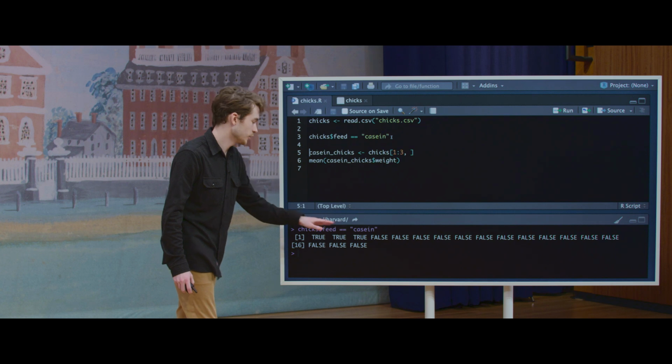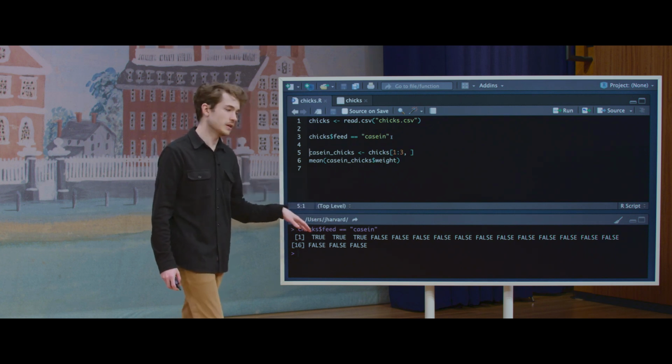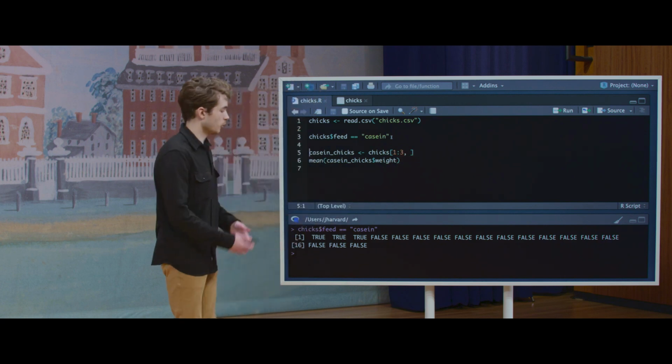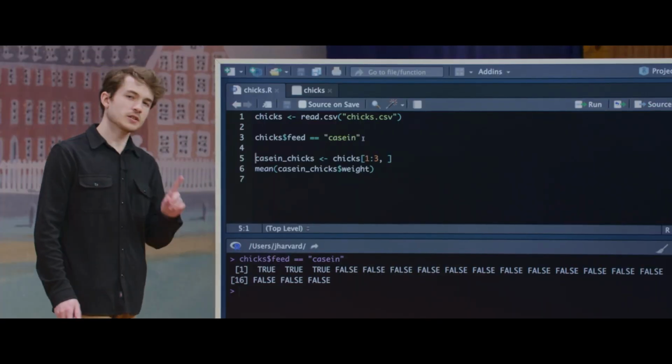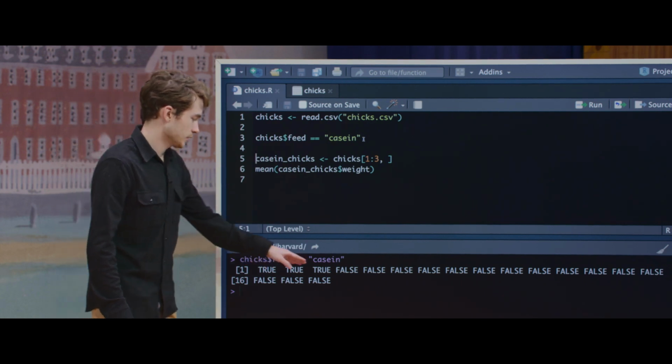True, true, true, are equal to casein, in fact. So true, true, and true, these are equal to casein. The rest, though, are not. They're false. Now, one thing to notice when you're working with data frames is that really these elements of this